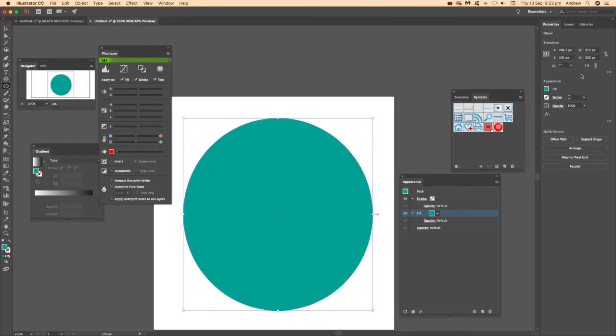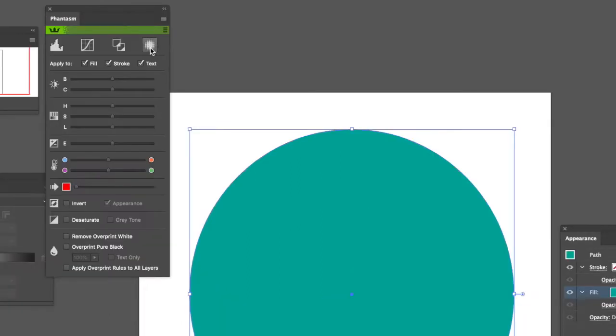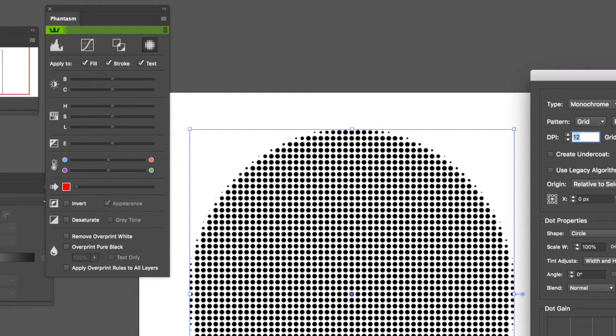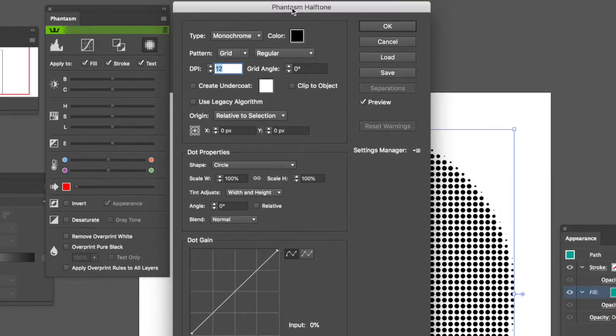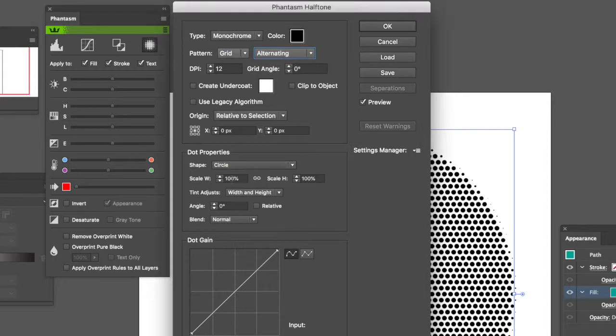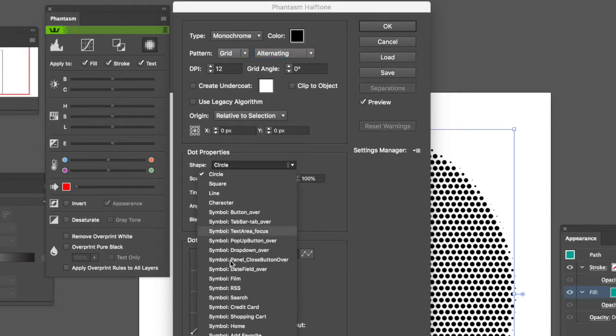just create a quick circle, and it could of course be any other shape, doesn't have to be, for the example for this video. Now, click on the halftone live effect, just there on the Phantasm panel, and the panel appears, Phantasm halftone. Whole load of features. There's options for grid, regular, etc. I'm just going to go for grid alternating because I want some gaps in the design,